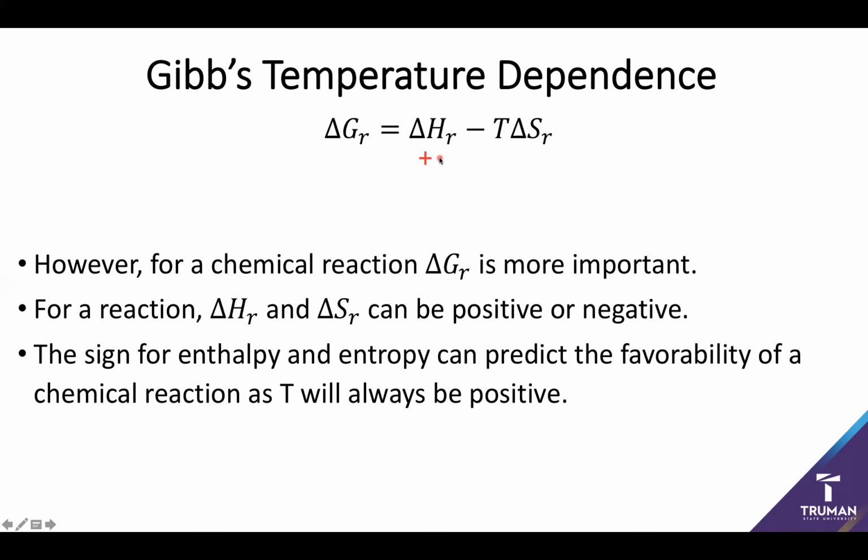So let's say I have a system that is endothermic. So this means that it takes energy to go forward. Well, let's say that this same system has a negative change in entropy. So the system has become more ordered. So in this case, it doesn't matter what the temperature is, because if I have a low temperature, this term dominates, I have a positive Gibbs free energy. Let's say I have a high temperature, then the second term dominates, and I have negative times negative, a positive